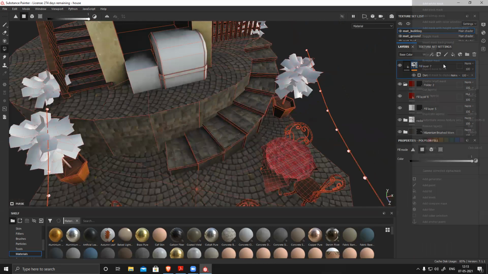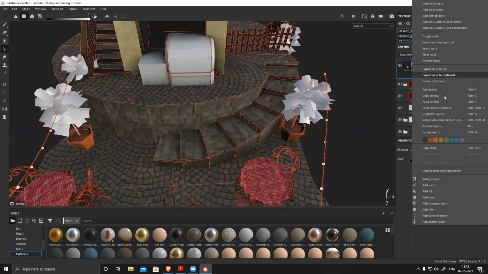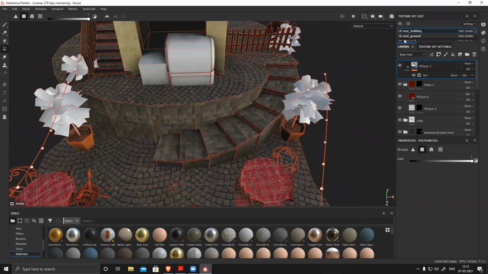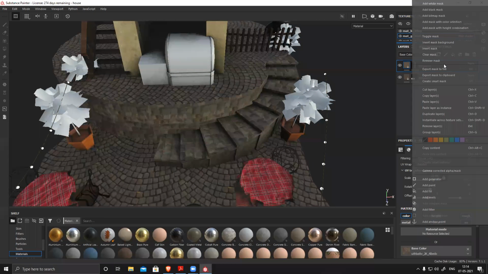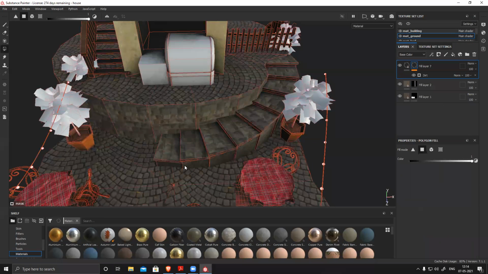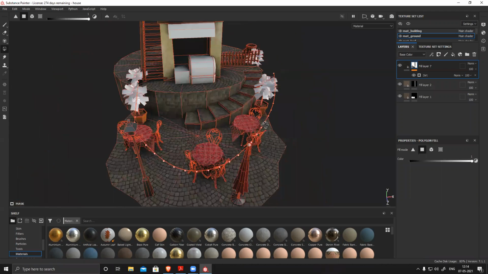So what I can do is right click, copy this layer, and now I'll go to this ground because this doesn't have dirt. Right click, paste this layer. So you can see, I just copy pasted it because it's a generator and it's all automatically generated. So it will generate this shadow and dirt based on the model automatically.